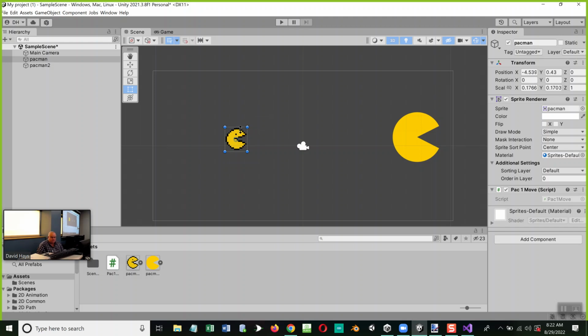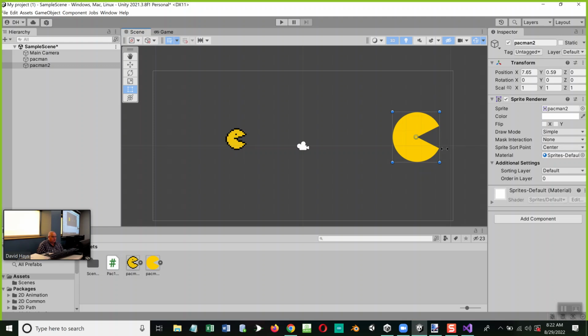Now, with this character here, I wanted to maybe not be able to go through this big Pac-Man. I want it to stop. I want to handle something called a collision. Now, let's see if I can get this right. You put the collision on either the wall, what you're going to collide with, or the character. So I choose this character here, and I say add component,